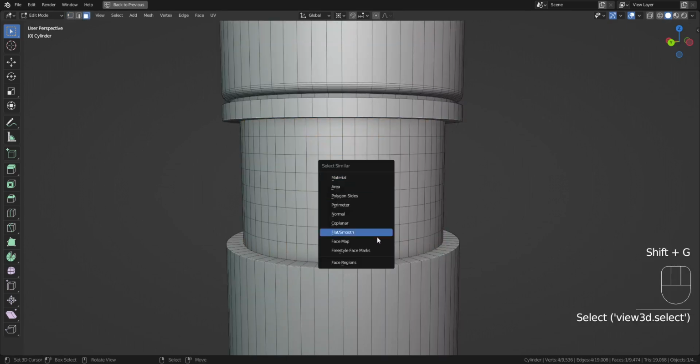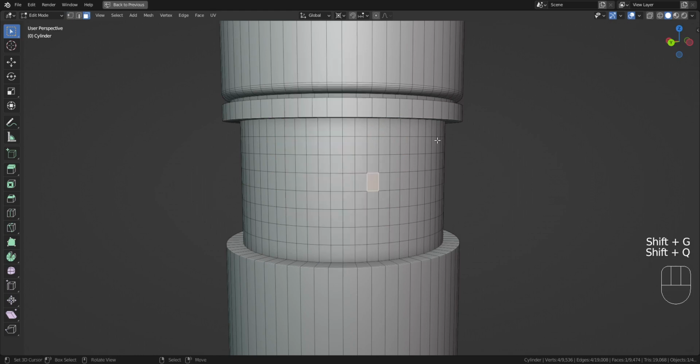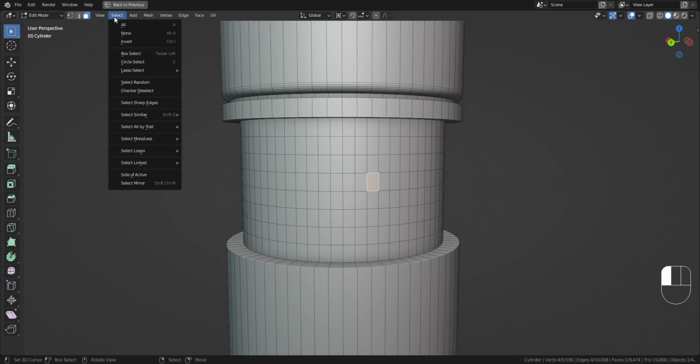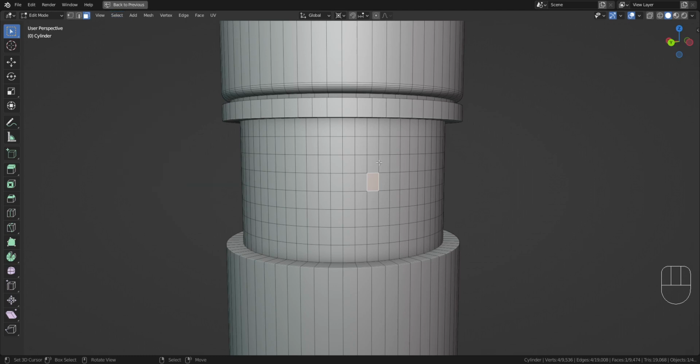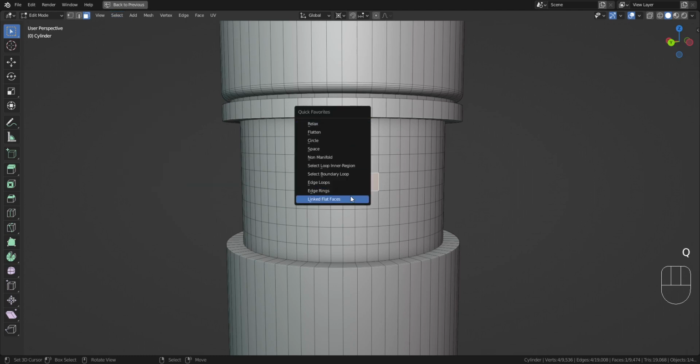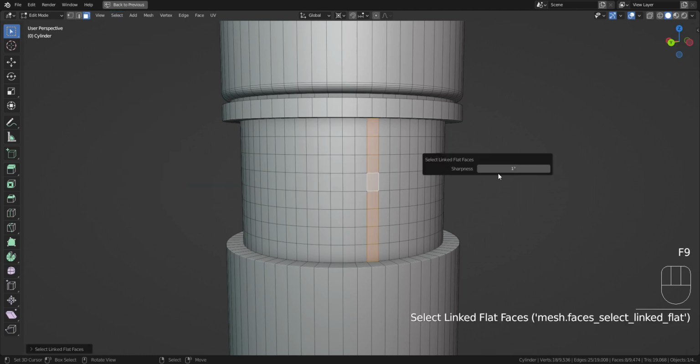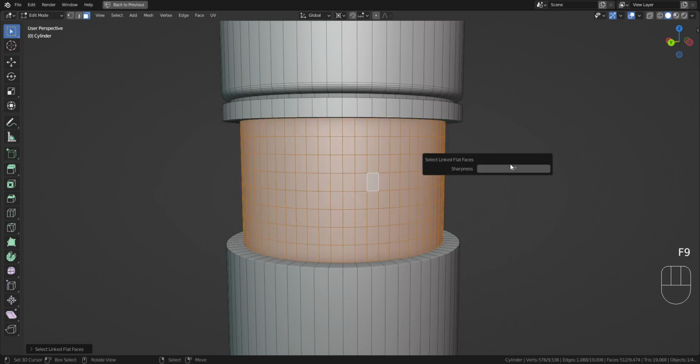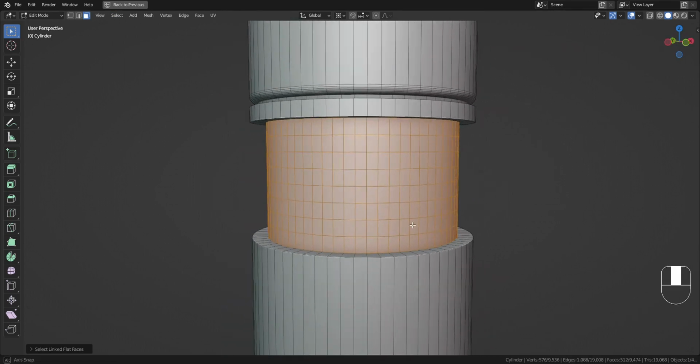Okay, let's use link flat faces. I think you can find it in Select, and select linked, and link flat faces. You can right click and add it to the quick favorites, and that's what I have here. Link flat faces, and then let's increase this to 15 degrees, and you can see it covers the whole